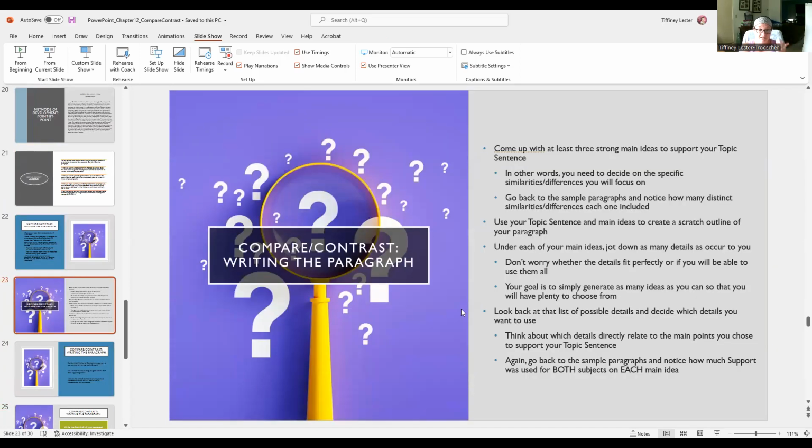So topic sentence. Then what are the 3 main similarities, or what are the 3 main differences that I'm going to focus on? And then use your topic sentence and those 3 main ideas to create a scratch outline. Start working on the outline. Right? Again,